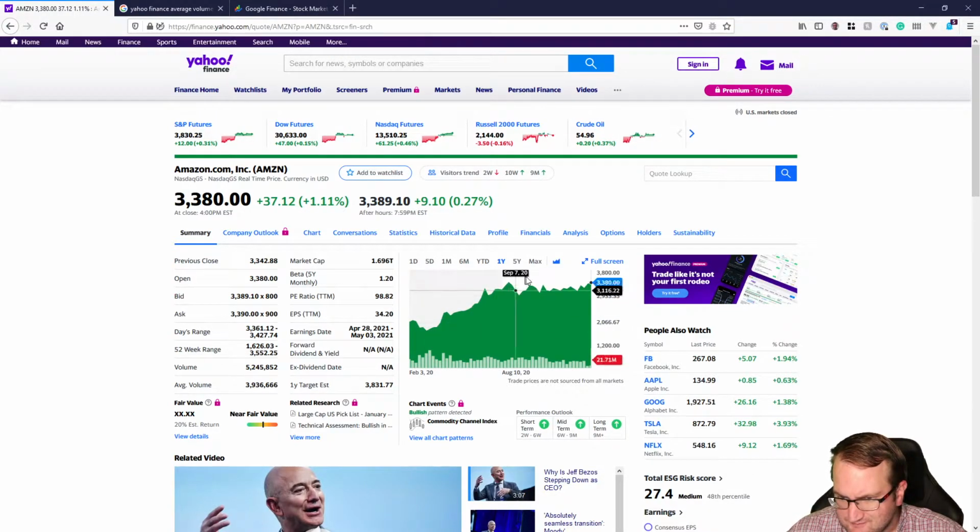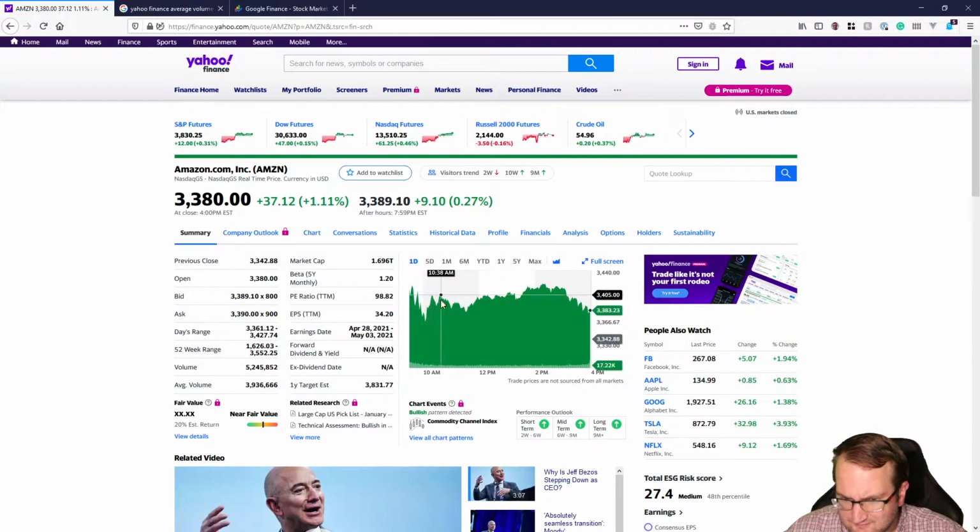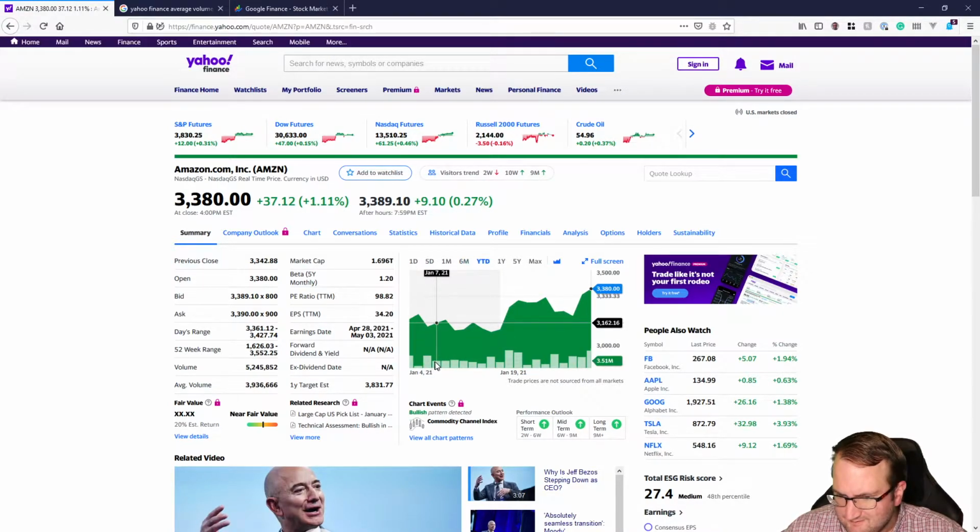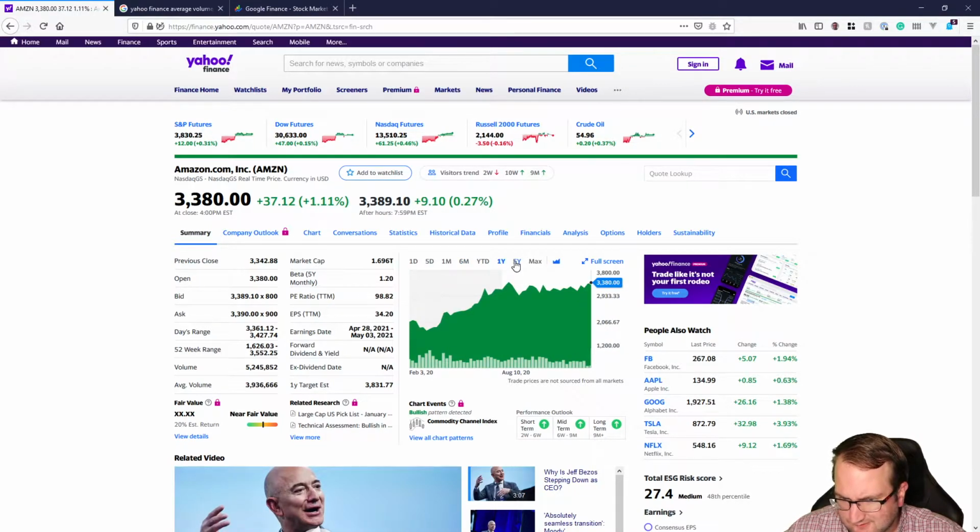This is just a standard chart. We can dive into charts later on, but we can click one day so you can see the intraday. So this is going to be at 9:30 in the morning going to 4 p.m. And 5-day, you'll see that this is 9:30 in the morning going to 4, and then the following day, and so on and so forth. So we can click through here. YTD is year to date, and these lines under here indicate, I believe, volume. Yes, volume of transactions,